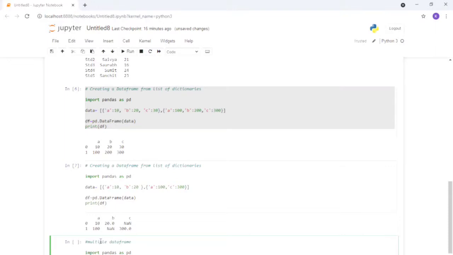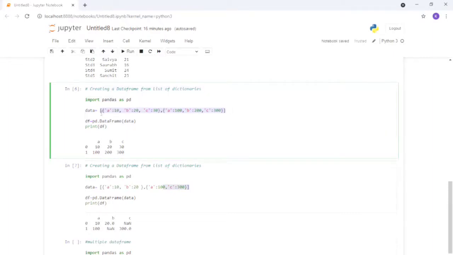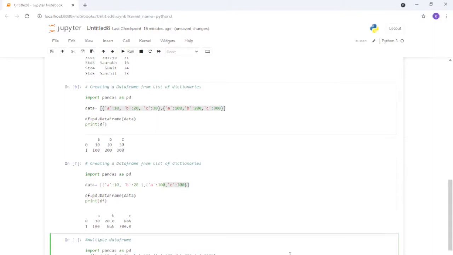Once we go with import pandas as pd, then after we have to define, suppose that I'm just defining a variable a, and then after I'm just copying the same dictionary from here, like whatever the dictionary we have entered. You can type a new one also, but I'm copying it from here to make my work easy. Okay, once I have entered this, now what we have to do, we have to just go with df, data frame 1. I'm just defining it, data frame 1.